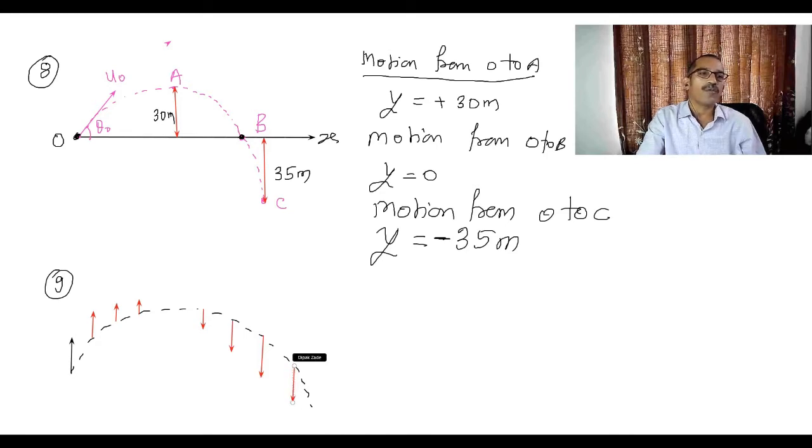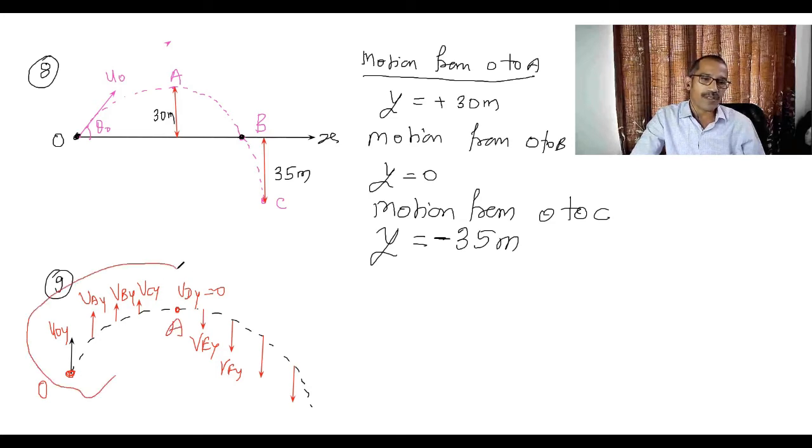Now, while solving problems, what happens? This is u0, I will write here. This is VAY, VBY, VCY. Here at point D, VDY is 0. Then VEY, VFY, like this, and so on. What is important is that from this point to this point, O up to the highest point, all these vertical components of velocity are vertically upward. At D it becomes 0, and after this point, the vertical component is downward.